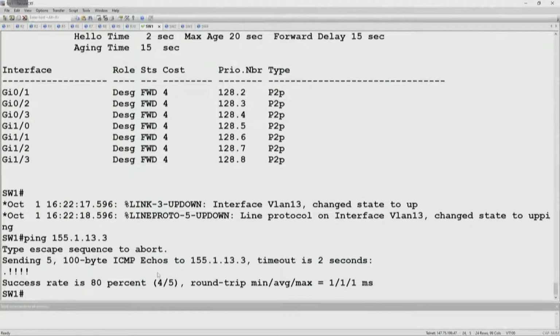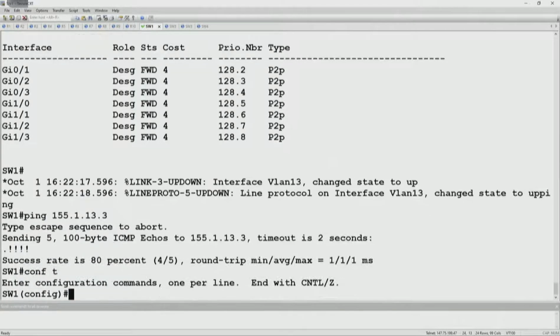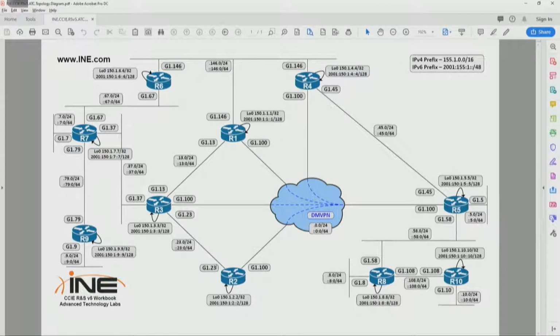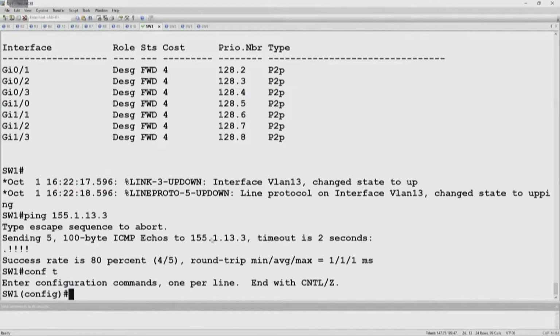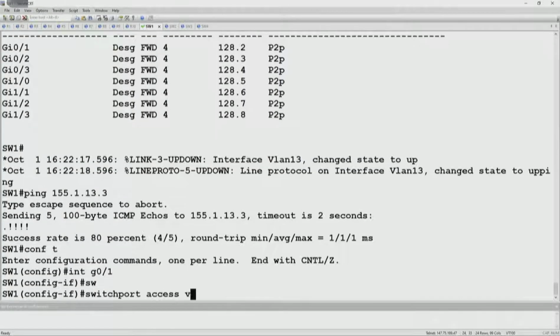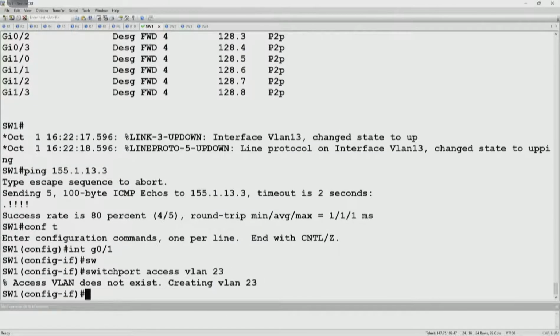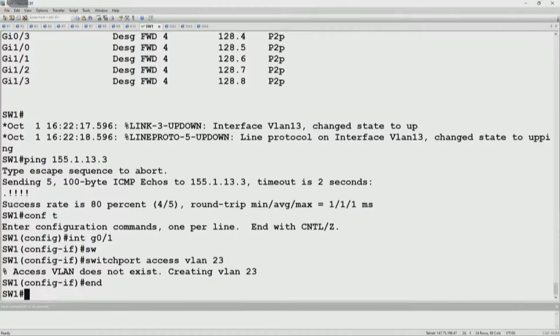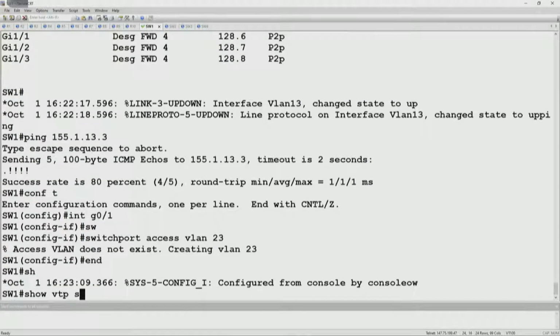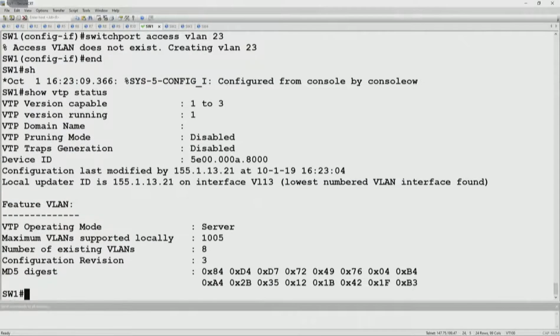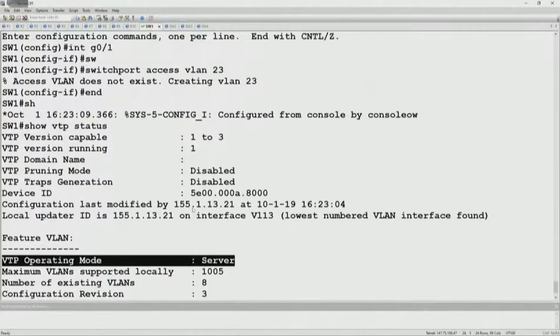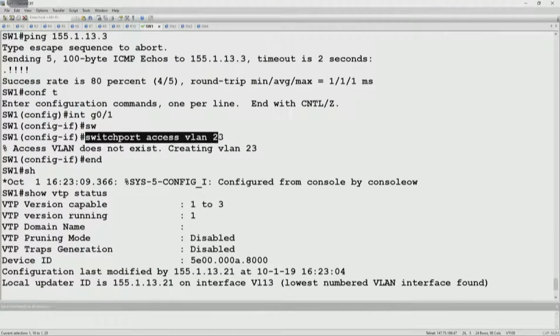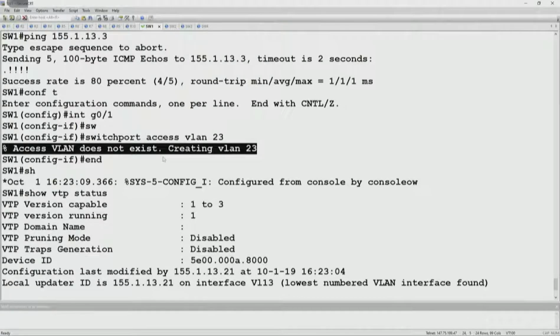Now, another way to do this would be to assign it as an access VLAN. So let's say we have VLAN 23. And we go to gig 0/1, switchport access vlan 23. It says the access VLAN does not exist, it's creating it. Okay, the reason why is that if we show VTP status, right now VTP is running in server mode. So anytime that you create a VLAN or that you assign a VLAN as an access port, it's automatically going to create it. Okay, the same is not true when we're in VTP client mode because only the VTP server